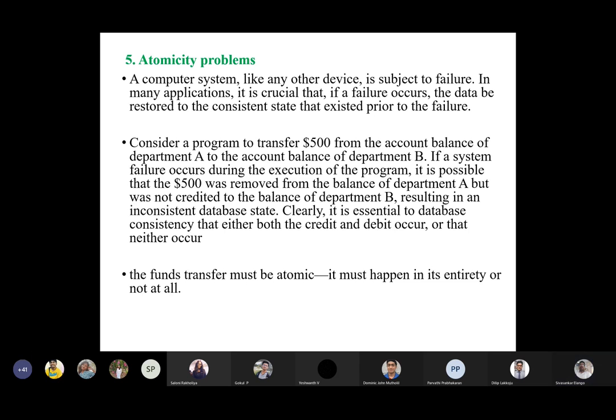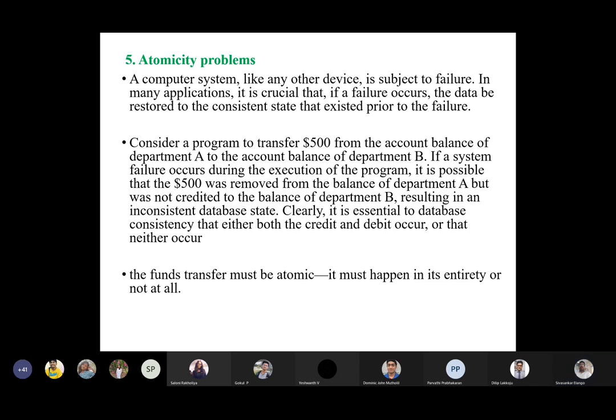Consider a program to transfer $500 from the account balance of department A to the account balance of department B. If a system failure occurs during the execution of the program, during the transfer of $500 from account A to account B,